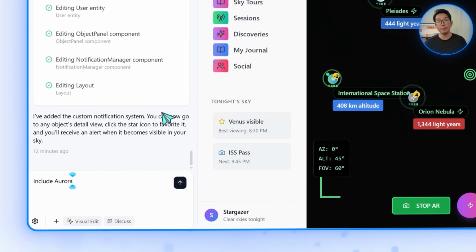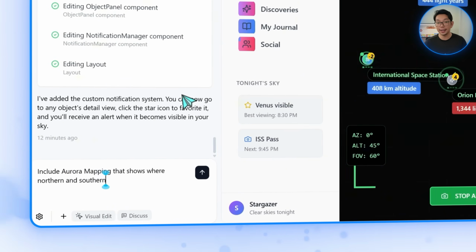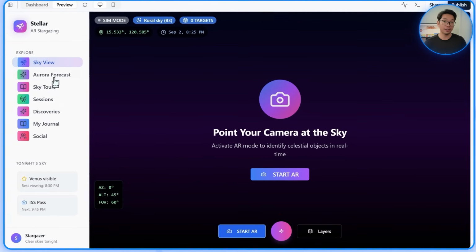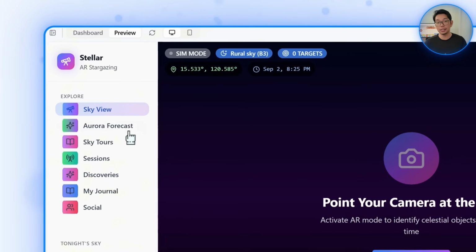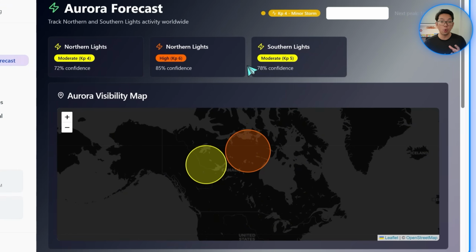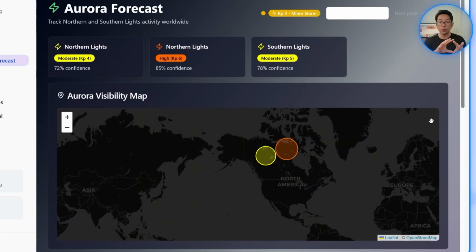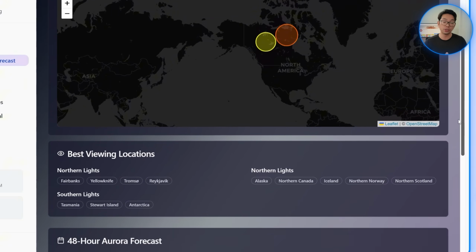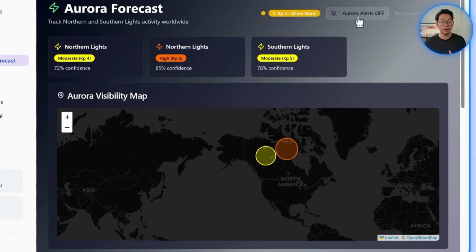Now for something that'll thrill aurora chasers, for all of you out there, we're going to go ahead and use this prompt. Include aurora mapping that shows where northern and southern lights are visible and sends alerts when they appear. The result here is quite spectacular really, because after that prompt, we can now access the aurora forecast section where we can see a real-time map showing exactly where the northern and southern lights are currently active. And the app also overlays aurora zones directly on the map and then sends alerts when activity spikes near the user's location. We can also toggle these alerts on and off, of course, so they're always ready for nature's most